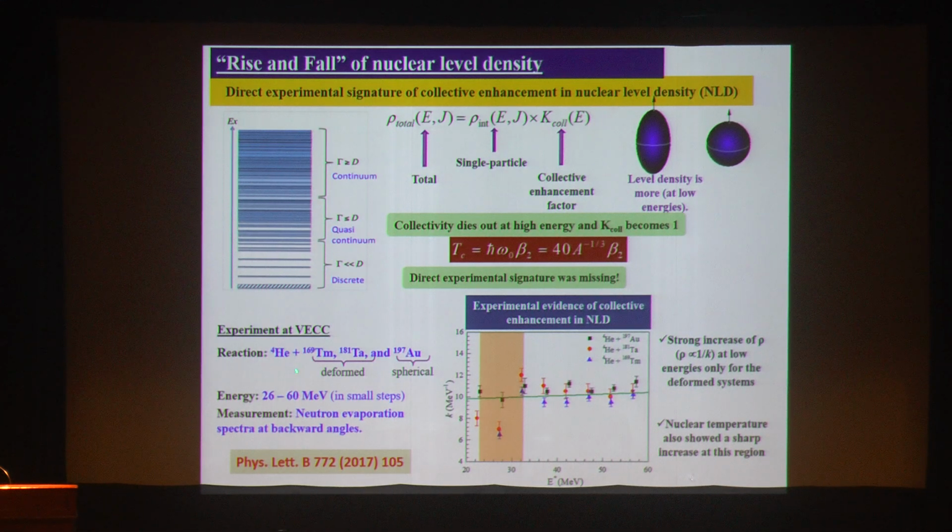So we did an experiment where we studied two deformed systems and another spherical system and measured the neutron energy spectra at different excitation energies in small gaps. And we found that for the deformed system, K inverse, meaning the inverse of the level density parameter, decreases with excitation energy, which means that the level density parameter increases. This is a direct experimental evidence for collective enhancement in nuclear